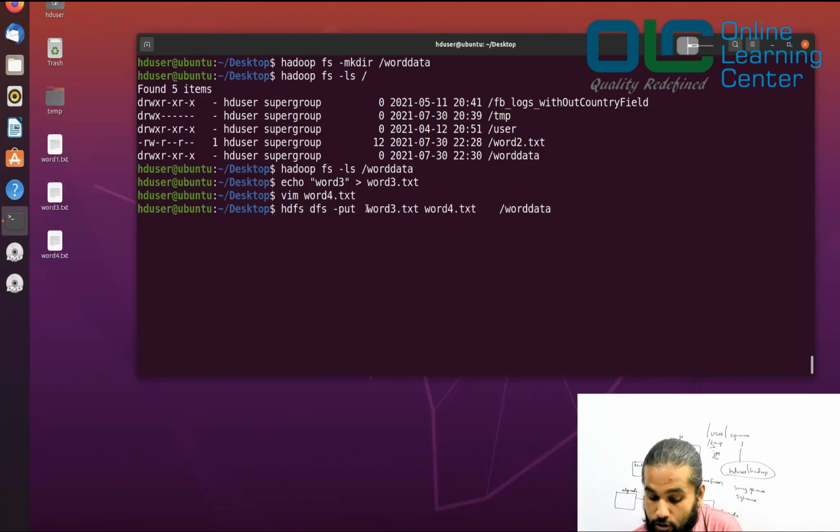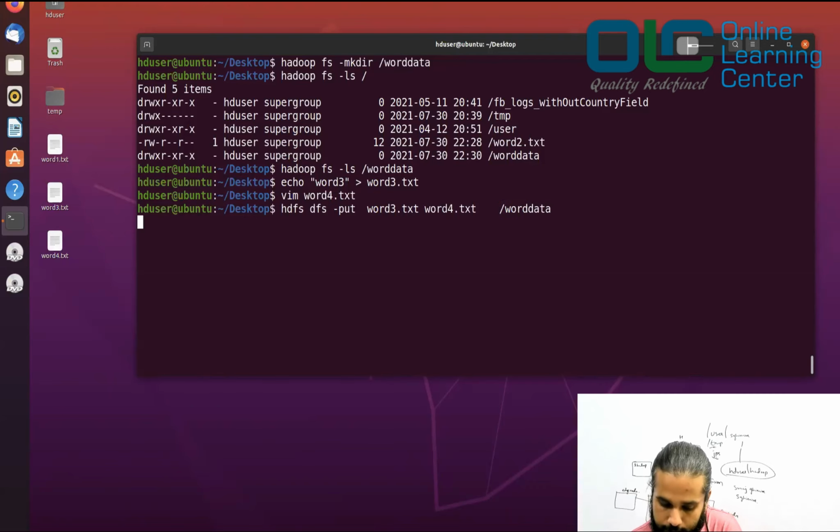And that's the reason I just wrote word3.txt and word4.txt, just because those are present in my desktop, and currently I am located in my desktop. If you are in some other location, then you must give a proper path here, right? But in my case, I'm already in my desktop, so I said word3.txt and word4.txt, and I'm trying to copy these two into my folder called worddata which we recently created, right?